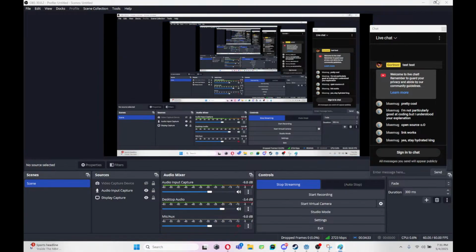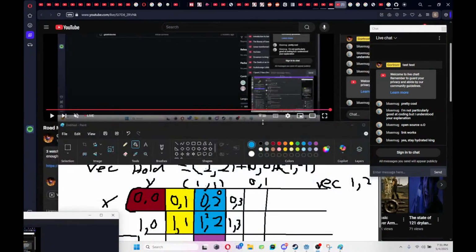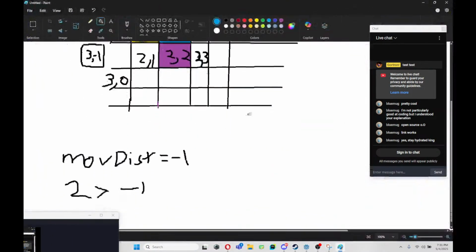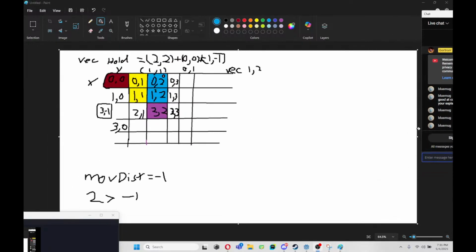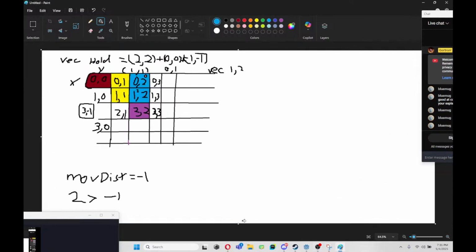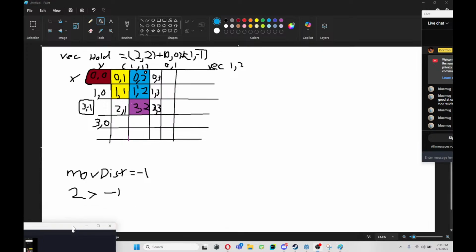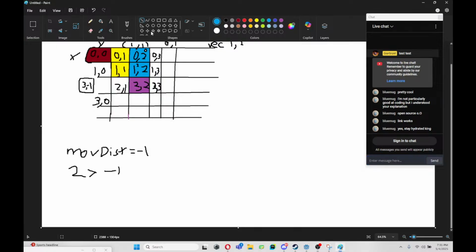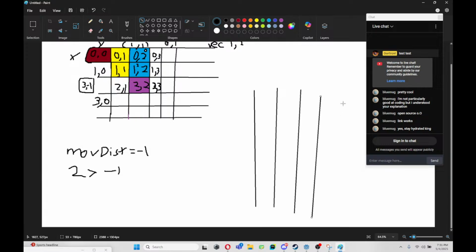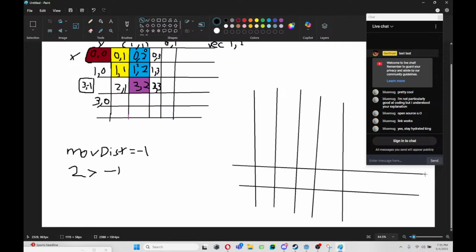Basically, okay, wait, OBS is on top. Basically, we have our secondary. Let me expand this out more. OBS, you're in the corner. Basically, we got our second grid. Everything's labeled 6 and so on. And the idea is that